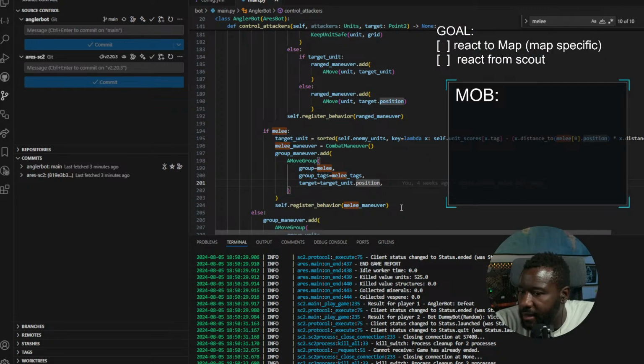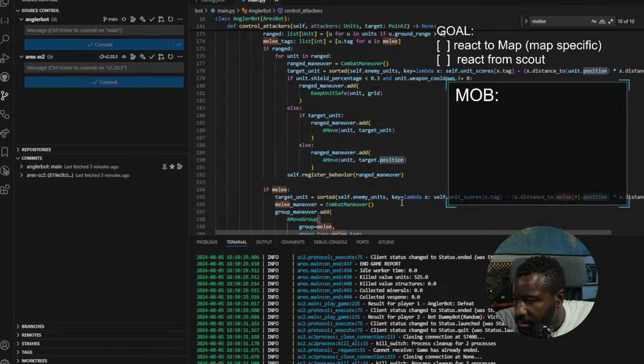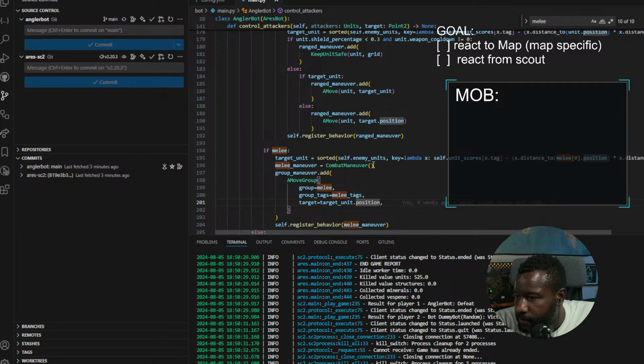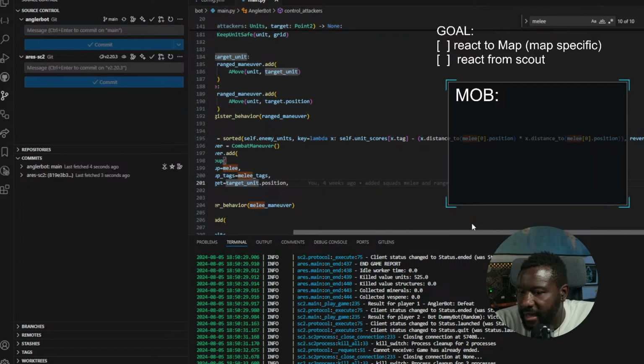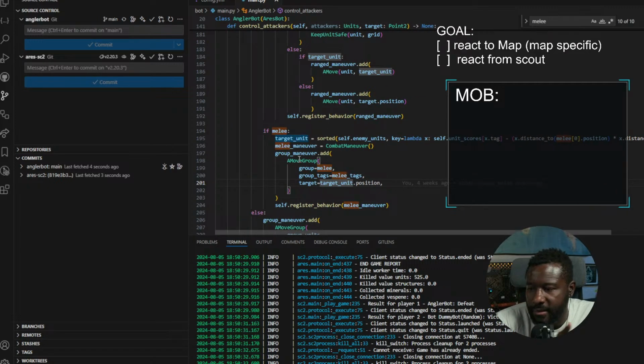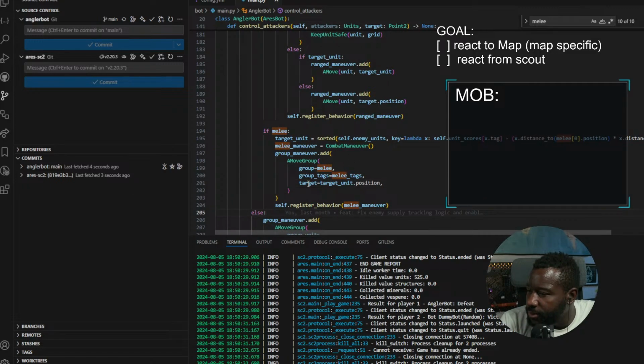Does it not like the position attribute of this? Because target unit equals basically what's the best unit to shoot at. It figures out what unit's the best unit to shoot at, and then gives a unit. I could maybe convert that to a point 2, and then instead of having it just try position, because maybe it's not liking position. Okay, so we'll try